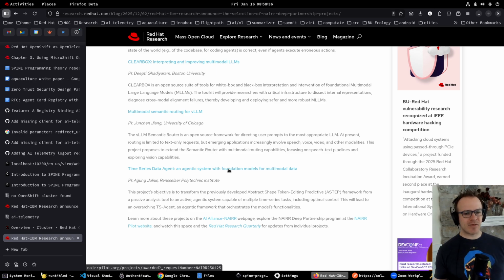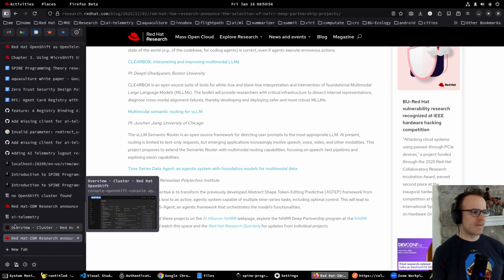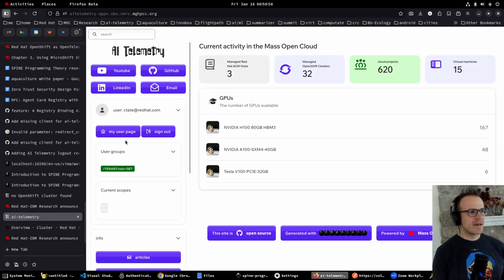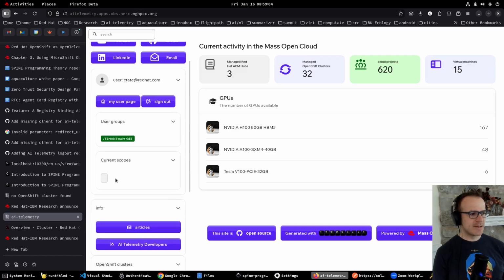So these are several projects that we want to group together as a tenant so that the managers of the NAR project can easily access observability and dashboards showing all of their projects as a group and also individually. So let me show you how that works. In AI Telemetry, if I'm part of this group or if I'm an admin, I will be able to access